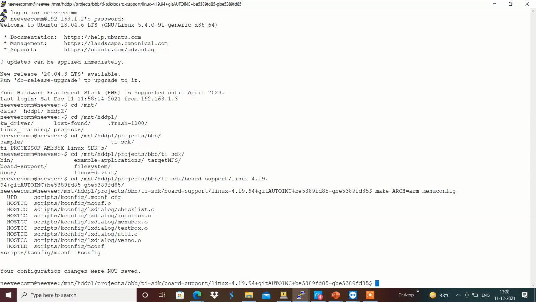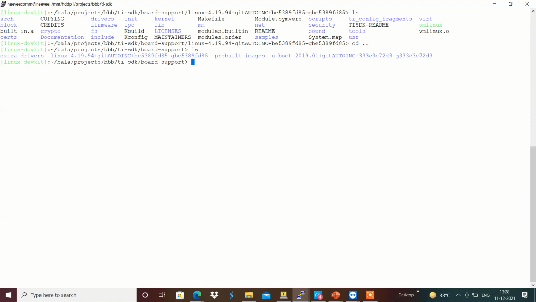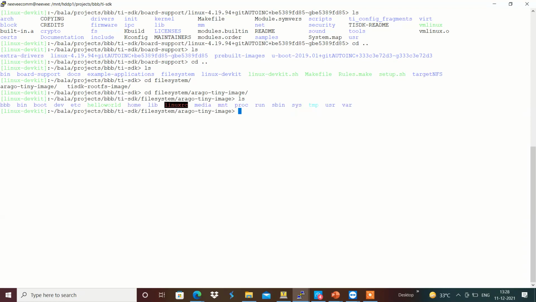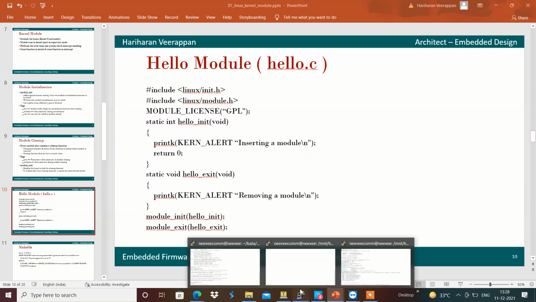For example, I am going to create a hello.c, and inside that I am going to include linux/init.h, which provides the initialization functions that we will be using.